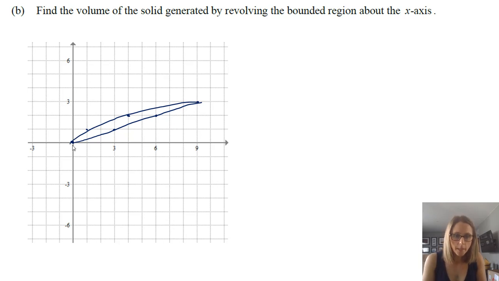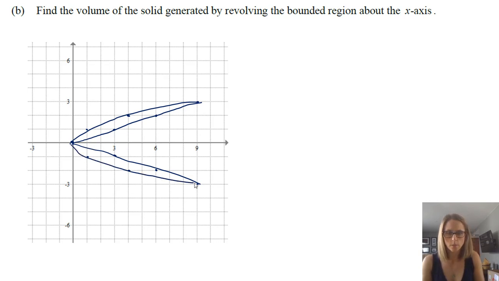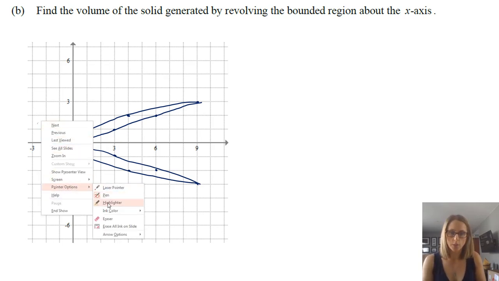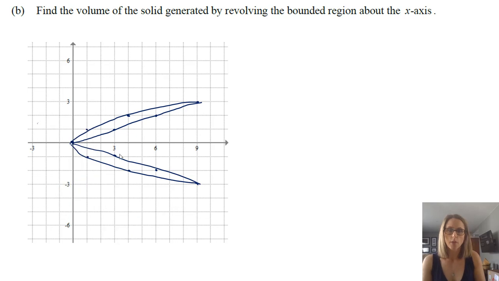But now what's happening is we're rotating around the x-axis. So it comes down here, and then we have our outer piece, 4, 2, 1, 1. Looks like this. And then this is getting revolved around the x-axis so that we have a bunch of washers in this direction.